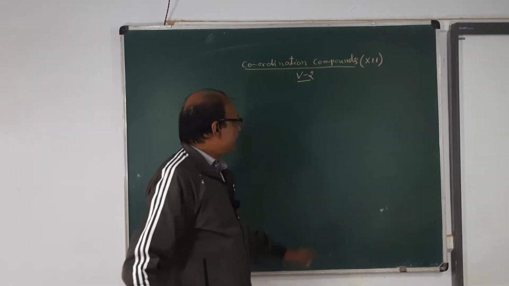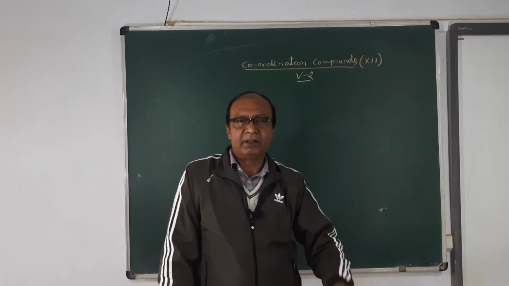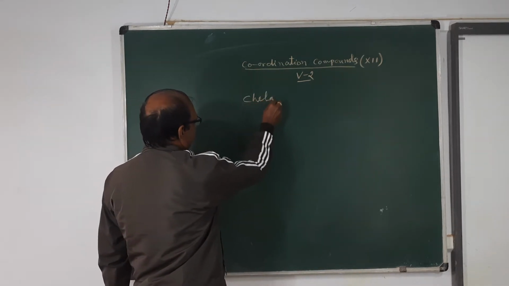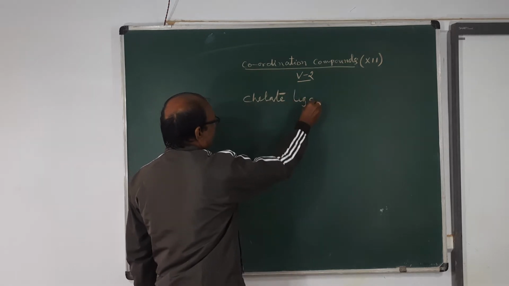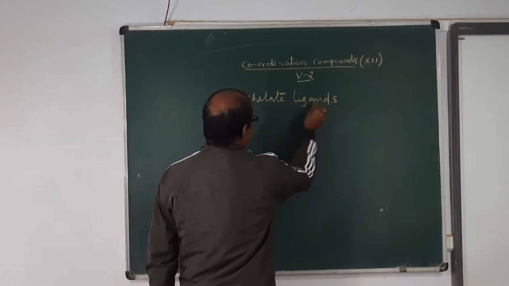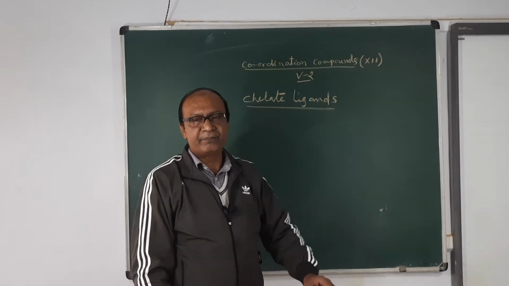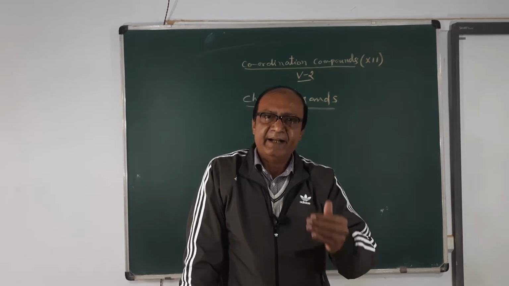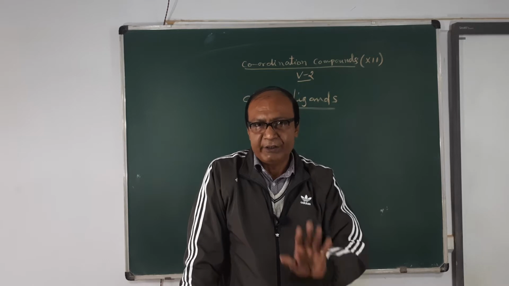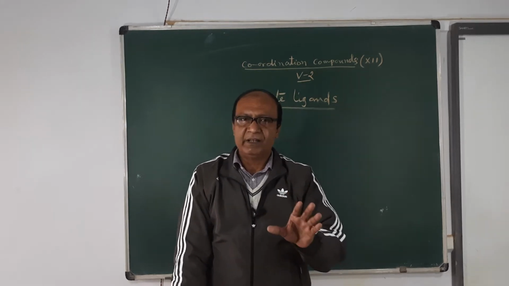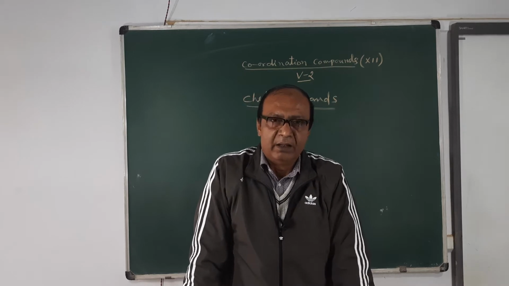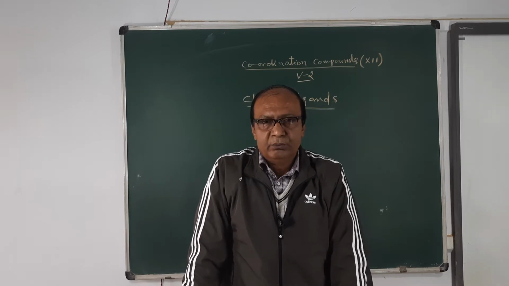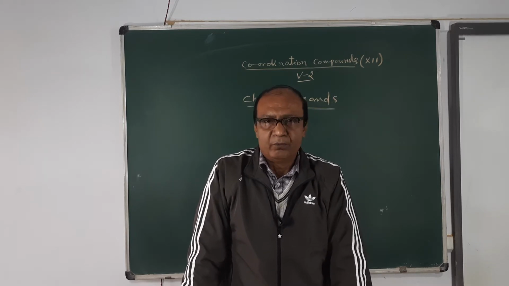Today, we want to discuss some other types of ligands. Another type of ligand is the chelate ligand. Chelate ligands are those ligands which are didentate or polydentate, not unidentate, remember. That means those ligands whose denticity is more than 1 and which can link to the central metal atom or ion through more than one donor site to form coordinate bonds.